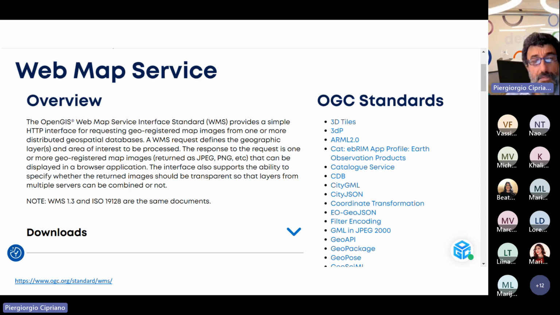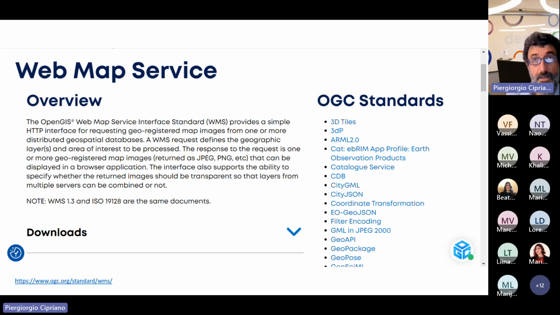One of the first important standards, already made available since 2001, is the Web Map Service interface that some years later also became an ISO standard.